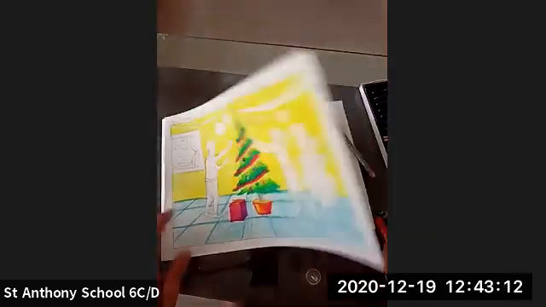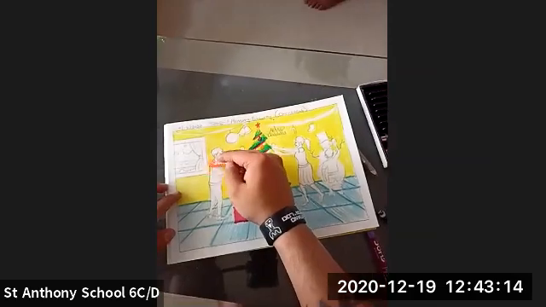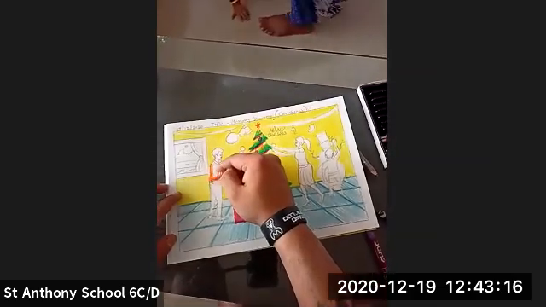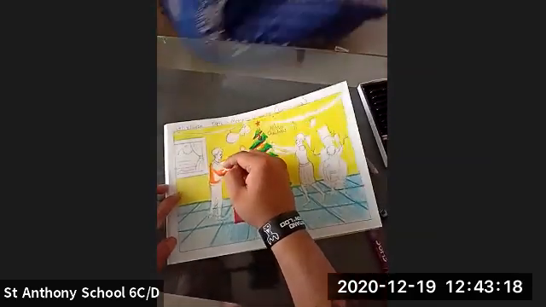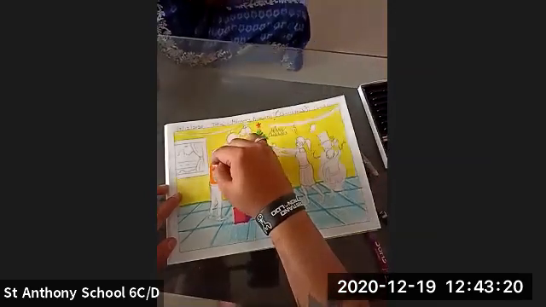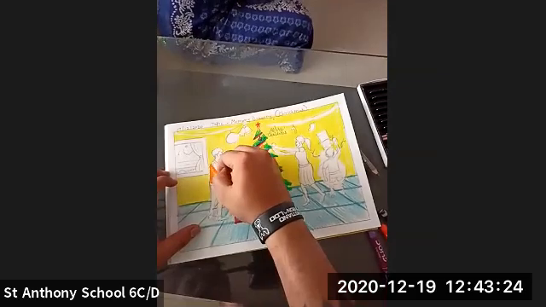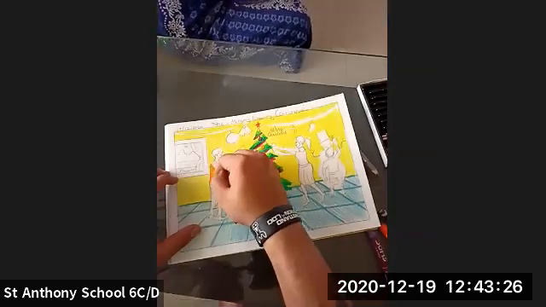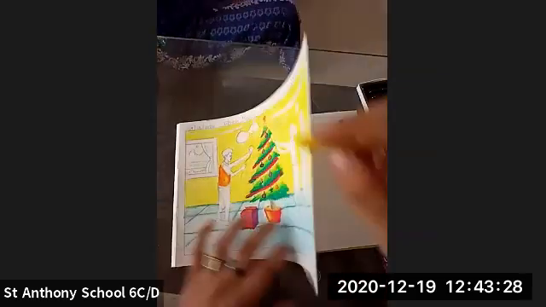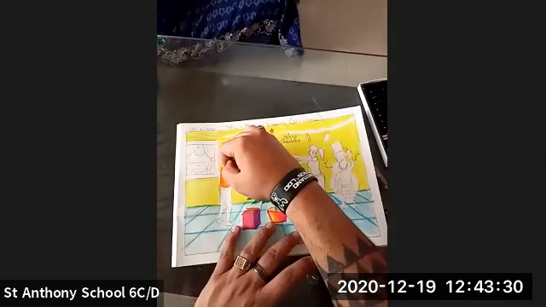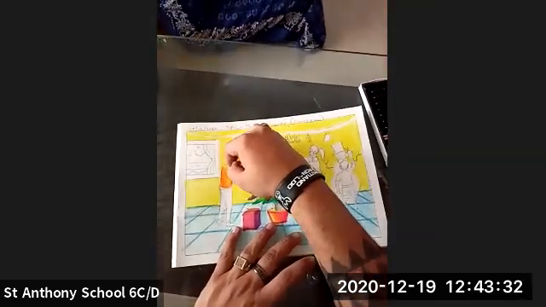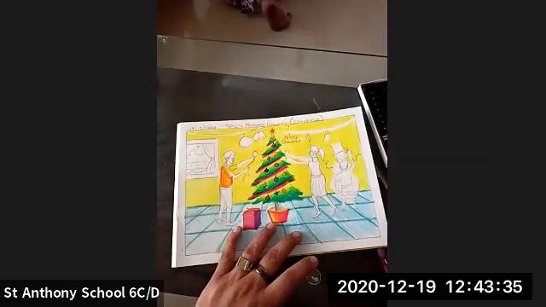Afterwards, you can color the characters in this way, adding some orange color shade and showing the light tone, middle tone, and dark tone. You have to keep in mind that in your painting there should be three tones: light tone, middle tone, and dark tone.